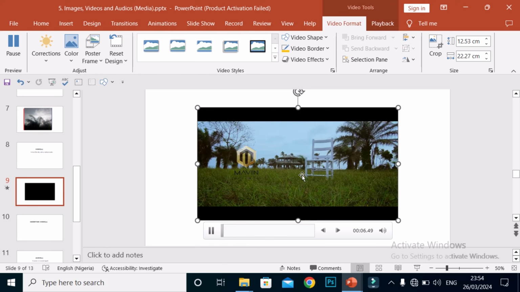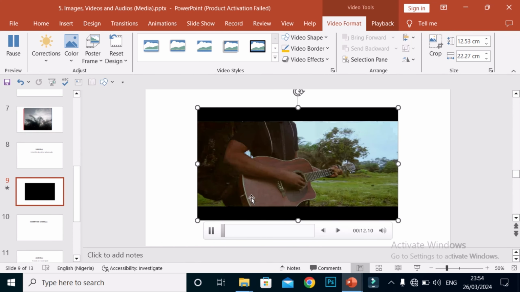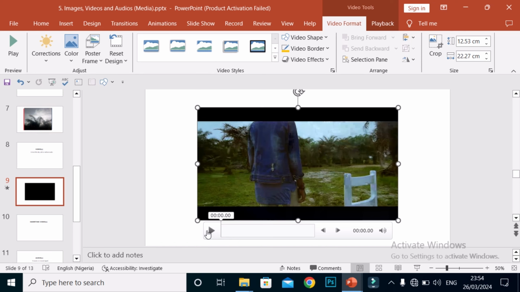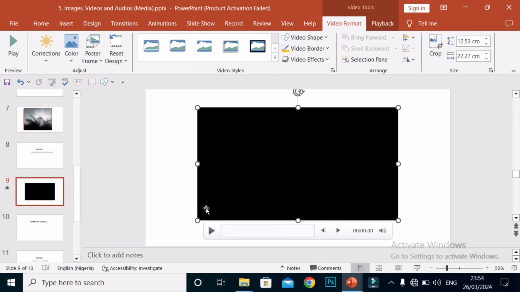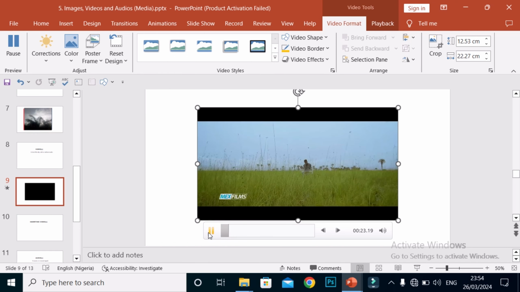Let's allow it to play for 10 minutes. Notice when I inserted it, it put a dark background, and even here it's showing us a dark background. That's because it has no poster frame. When it begins to play and we find a picture we like, and we want to make it a poster frame, we want this picture to show here